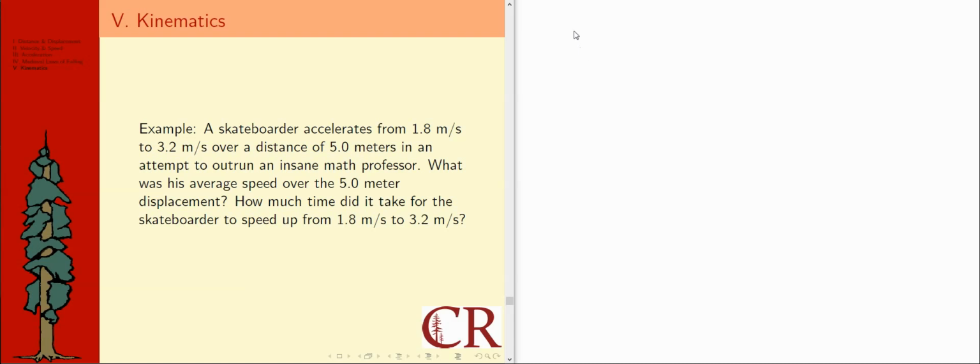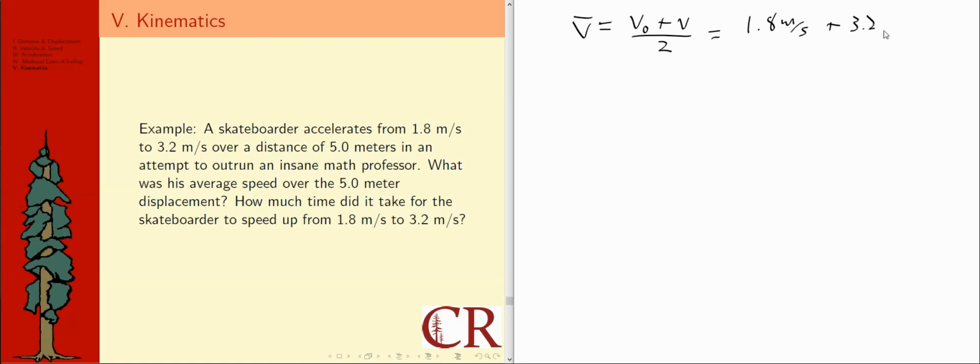Well, we've just learned, kind of in connection, I think, with the third kinematic formula, that the average speed can be given by the arithmetic mean of the initial speed and the final speed. So that's v naught plus v over 2. Based on the numbers that I have here, v naught is 1.8 meters per second. V, the final speed, is given to us as